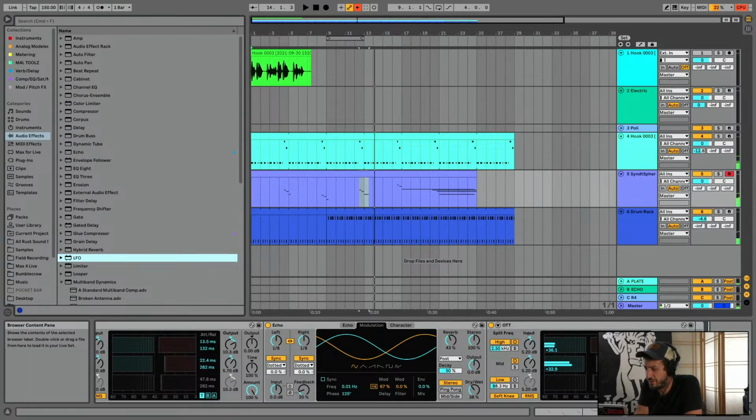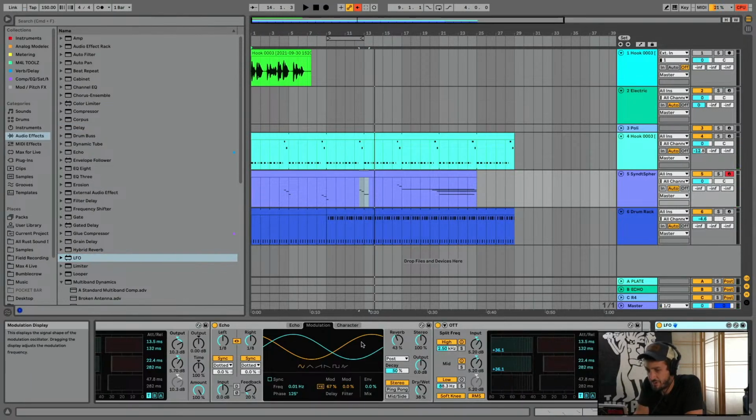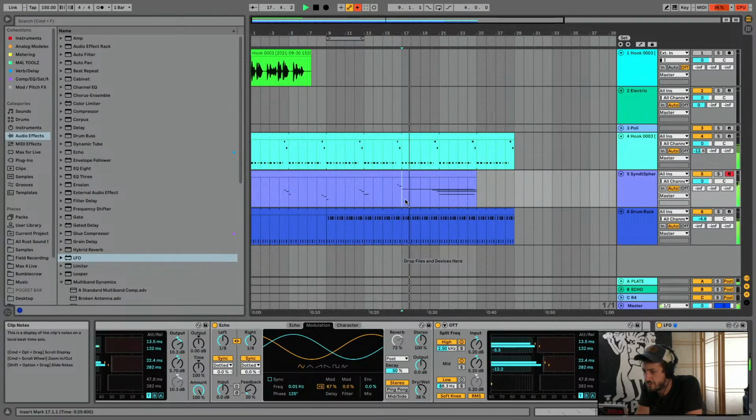Okay, we're gonna automate this reverb time on this echo in this chain in some sort of offbeat, choppy way. Because I thought that was kind of interesting, and we're gonna just get this kind of saw rhythm kind of thing going to it. Like 3/16. So you hear it kind of cycle through the reverb.